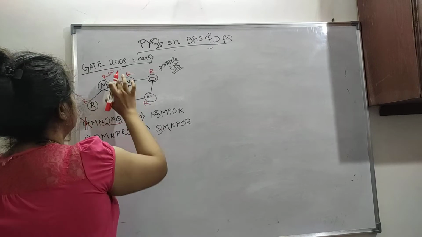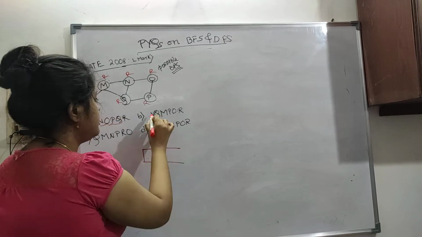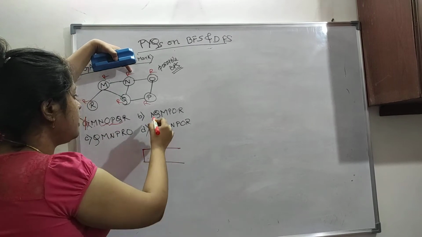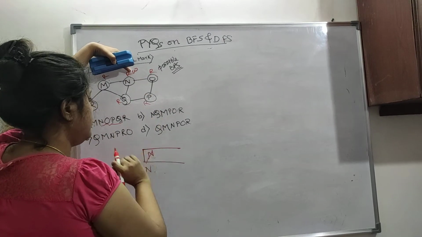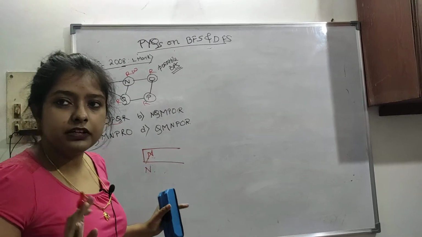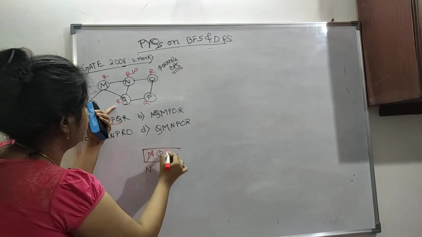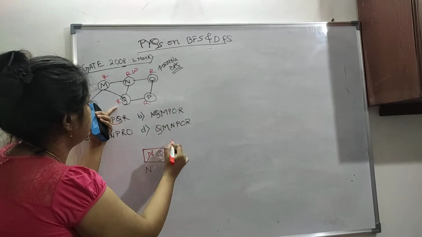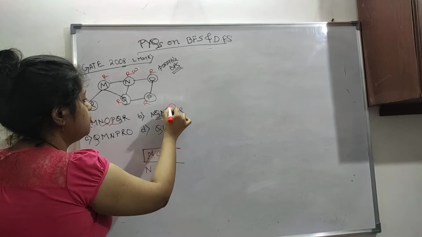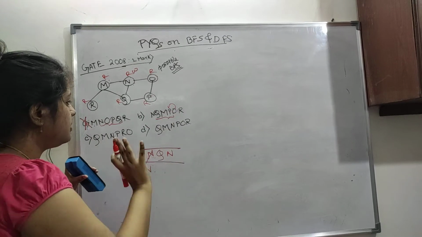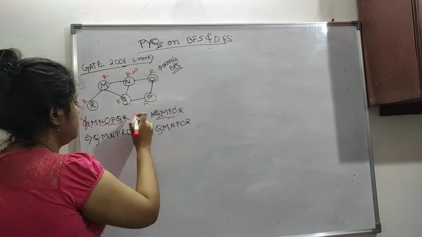Let's see our next. All are at ready state only. Now n is our starting vertex. So n is here, and now n is waiting. Then cross out n, and put all the adjacent vertices in our Q. What are the adjacent vertices? It is showing Q, M and P. See, P is not adjacent to N. So this is not possible. If O would have been here, then it would have been possible, but P is not adjacent. So this is also wrong.